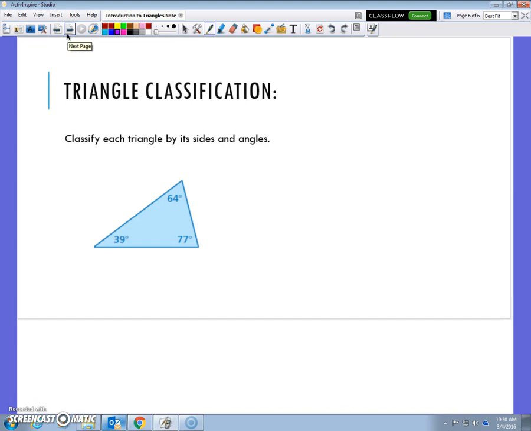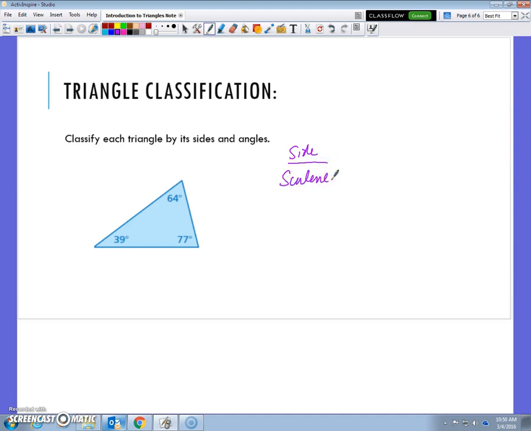And finally, when I look at this last diagram, I don't see any indication on the side lengths of any of these sides. There's no markings that say, okay, this is 1, this is 2, and this is 3. I could mark it like that because if this guy's a 1 and this guy's a 2 and this guy's a 3 tally mark, that means they're all different lengths. If they don't have any markings at all, it just means that none of the sides are equal. So in that case, if I'm classifying by side length, I know that if none of the sides are equal, it is a scalene